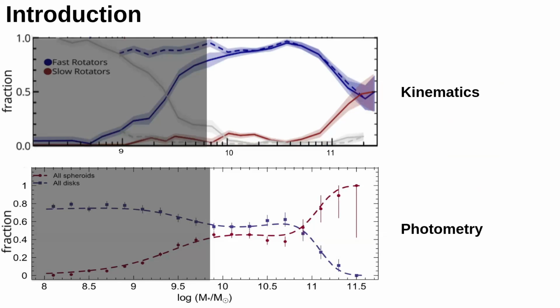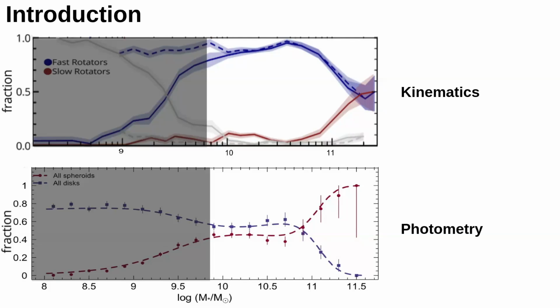In the first case, the kinematic one, a universe in which rotation is really important, and therefore where you would be tempted to say most of the evolution is driven by secular processes. In the opposite case, where you find most of the mass in spheroidal structure, you would be tempted to say that in the early stage violent evolution is even today important. So as you can understand, some of the differences are actually related to the names. There is no guarantee, as I said to you, that what we call here spheroids are the slow rotators here, and so on and so forth. And we will come back to this point later.